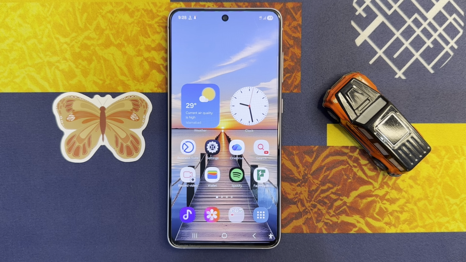Welcome to everyone. Today in this video we will discuss how to fix battery drain on Samsung A04S. Let's start the video. First of all, if you want to fix this problem, go to